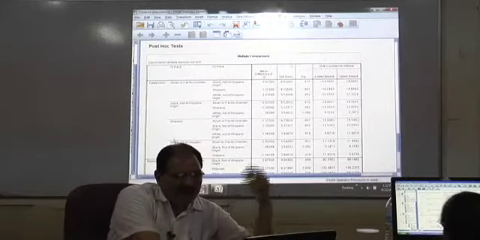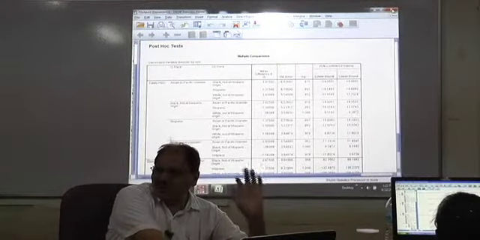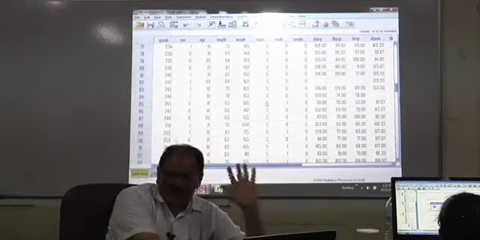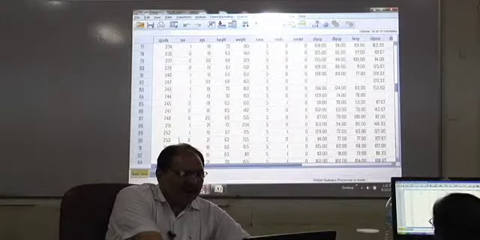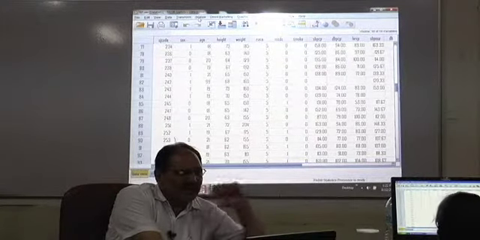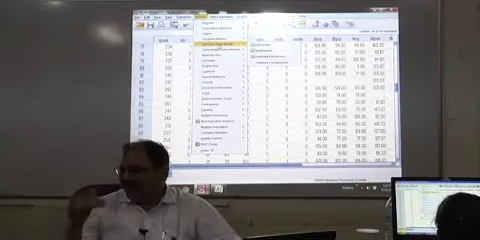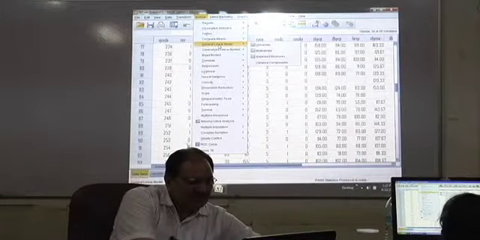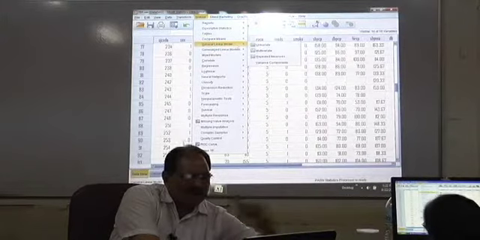Okay. Now, it is better that we close the result window, so that our results are not cluttered with the current results, and we have a fresh results window. Now, we will apply, analyze. This repeated ANOVA is not under compare means.